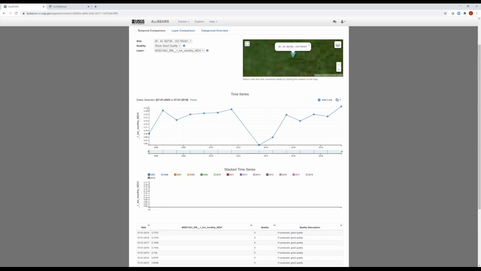On the y-axis are the NDVI values, and if you remember, those values range from -1 to +1, so the closer it gets to 1, the more vegetation there is. As you can see, these values range from about 0.66 to about 0.77. And then, of course, on the x-axis is the time. So the years 2005 to